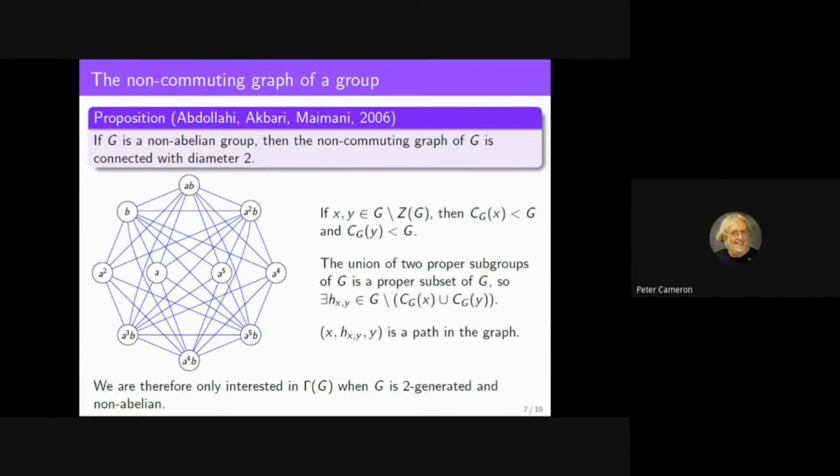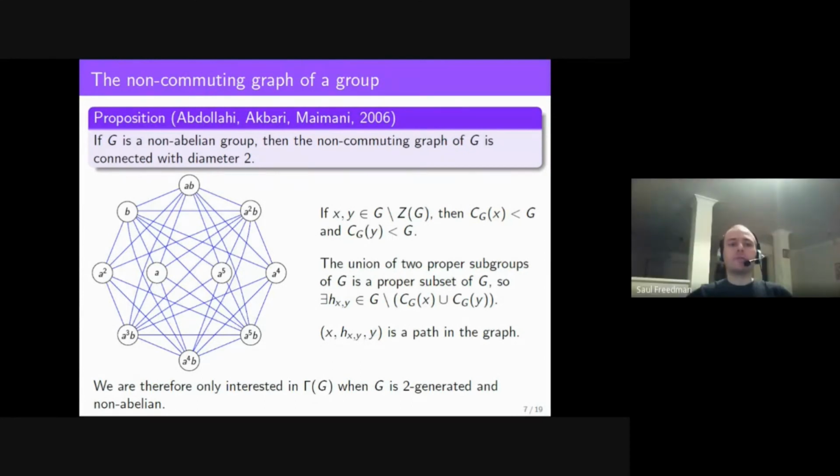Thank you for that. Can I mention something here? Yes, please. Andrea Lucchini has defined a kind of graph to get around the question that we're only using 2 generators. He defines a graph where you join X and Y if X and Y belong to some minimal generating set for the group. He has proved various things about that. I can't remember exactly what they are, but if you look at some of his preprints, you'll find results about that. So I suppose you could take some kind of complement of that and then take the non-commuting elements from that to define the new graph.